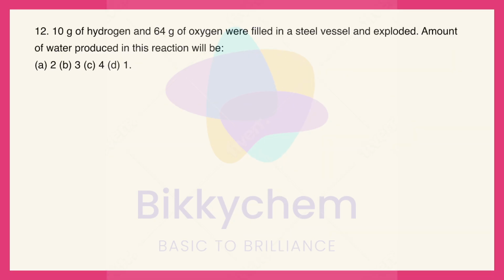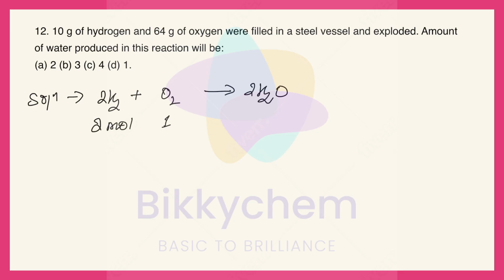Okay, dear students, let us see this question. 10 gram of hydrogen and 64 gram of oxygen were filled in a steel vessel and exploded. Amount of water produced in this reaction will be. So first of all, we have to write the equation. That is H2 plus O2 is going to give water. To balance this, write this 2. So in this case 2 mole of hydrogen is reacting with 1 mole of oxygen to give 2 mole of water molecule. Since in this case 10 gram of hydrogen and 64 gram of oxygen is given there,